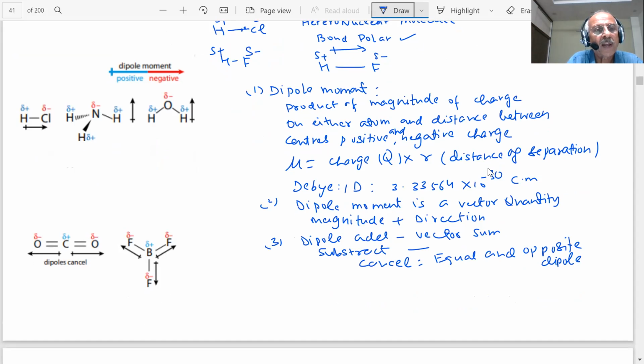For example, students, examples we are giving you. HCl has got a definite dipole moment. I'm showing HCl because this is more electronegative than this, students. There is a definite amount of dipole moment of HCl. If I take water, what happens in water? You know the shape of the water we have already discussed. There is a lone pair of electrons also in the water, students. So oxygen is more electronegative. Hydrogen is less electronegative. What will happen?